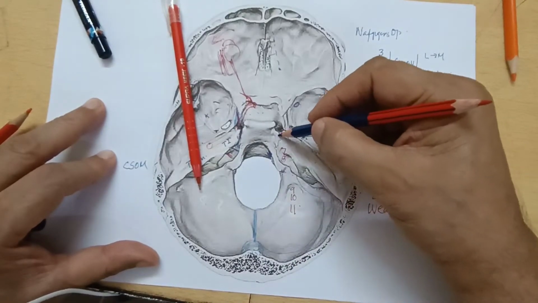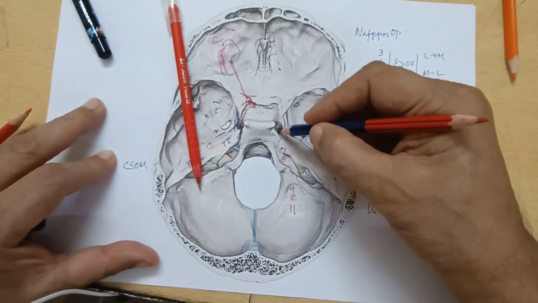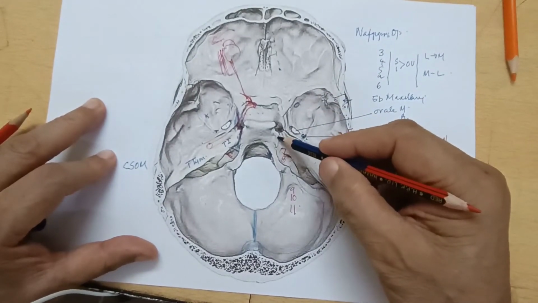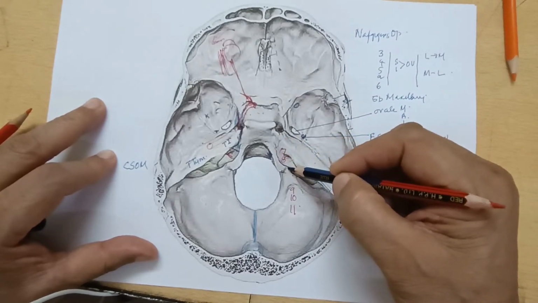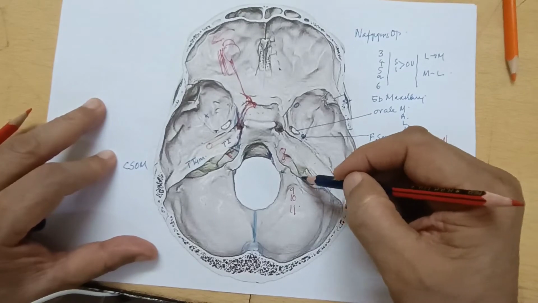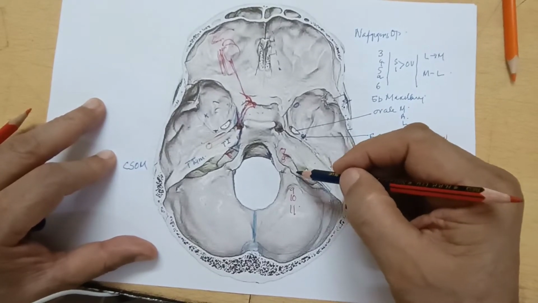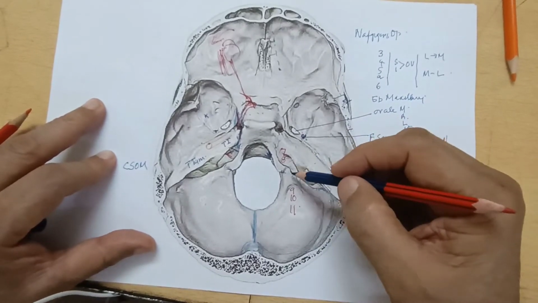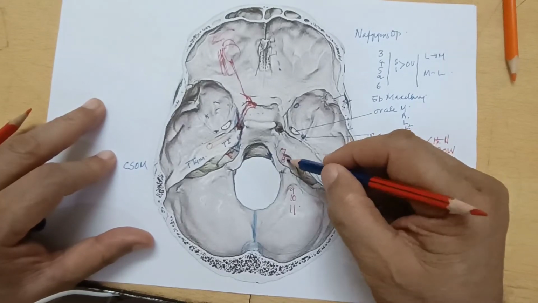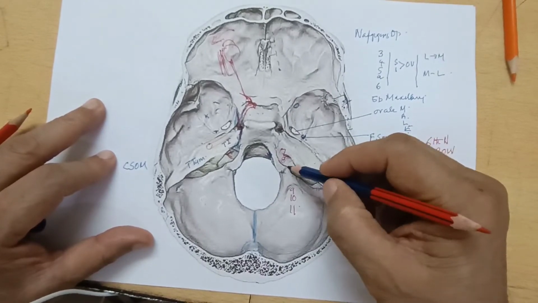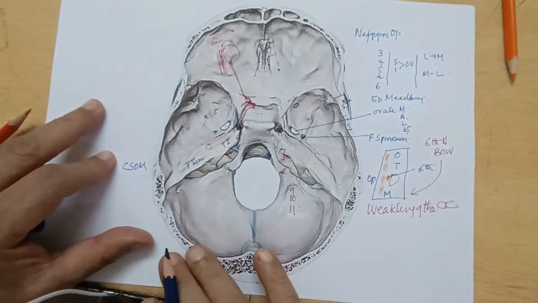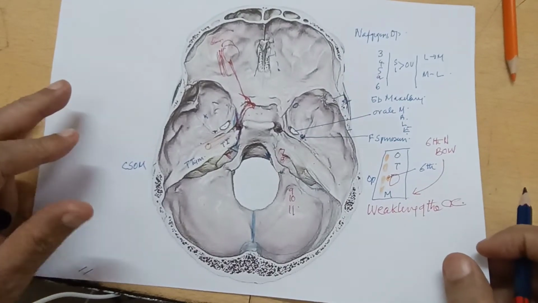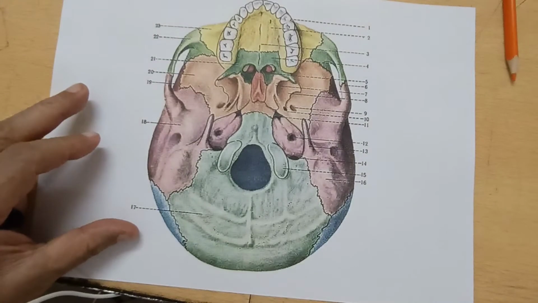Now the sigmoid sinus has the superior petrosal sinus attached to it, riding the ridge of the petrous temporal bone, and the inferior petrosal sinus comes from here, and after it passes the jugular foramen, the sigmoid sinus and the inferior petrosal sinus meet to form the jugular vein. So the jugular foramen passes the inferior petrosal sinus and the sigmoid sinus and the 9th, 10th and 11th nerves. So this was what we revised, and we have shown you in the basis cranii interna.